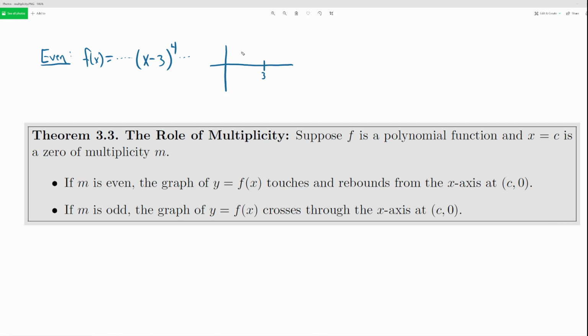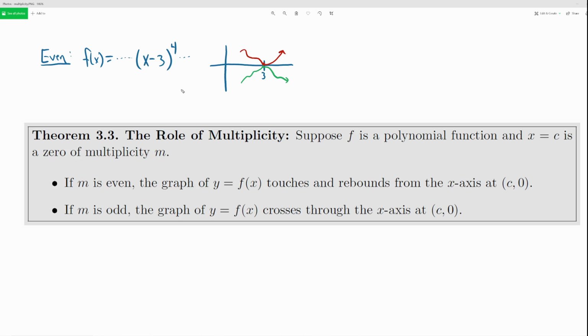So there are two possibilities. The function might be positive and touches the x-axis, and then it rebounds and stays positive. Or the other possibility is the graph could be negative, touches at the x-intercept, and then turns around and stays negative. You don't know which is which just by looking at this factor. You'd have to look at all of the other factors and see if they are giving you positive versus negative behavior when you're close